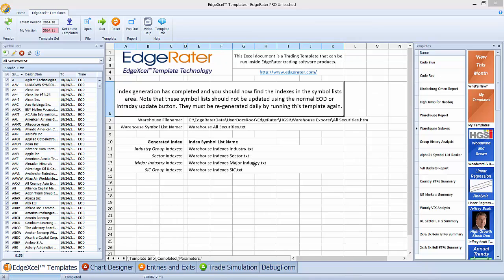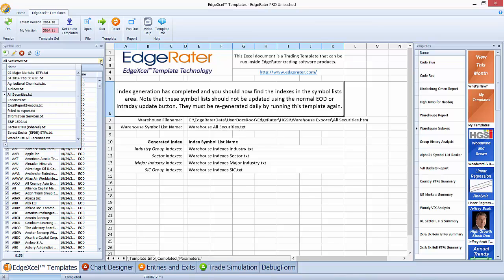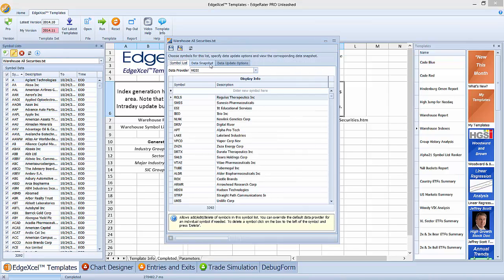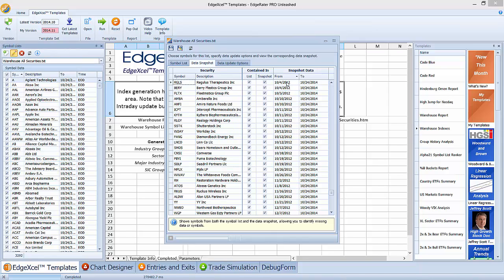So it's finished now, and it's telling me this is the warehouse file name that it used. It created a symbol list for all the securities that are in that file, called warehouse all securities. If I drop down my symbol list, warehouse all securities is in here, and I can see I have data up to the 24th of October, Friday's data. Then if I click on the edit button of this list and look at my data snapshot, I see I have data going from